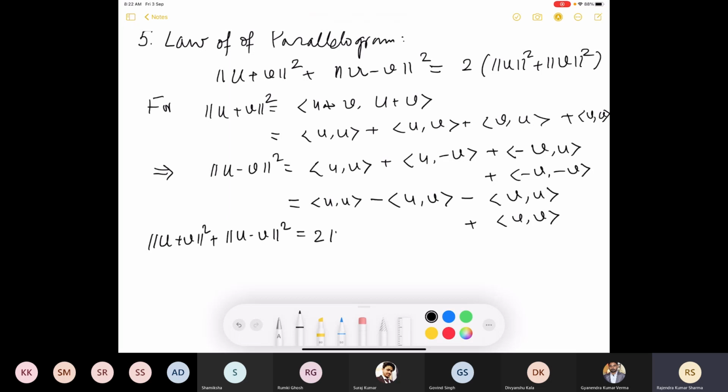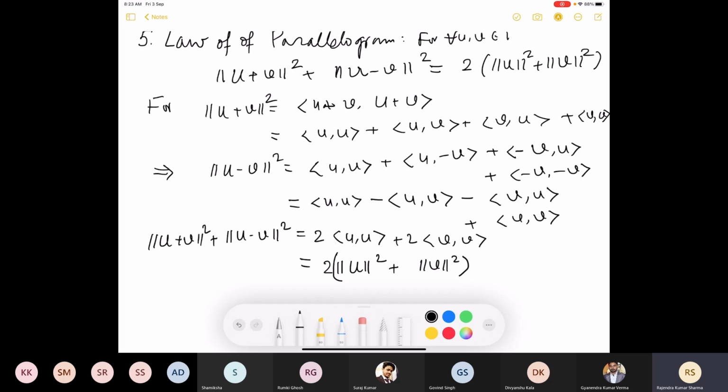So twice u comma u plus twice v comma v, and u comma u is the norm of u square, and 2 you can take common, so this is the norm of v square. So this is called the law of parallelogram, that for all u, v in the inner product space,